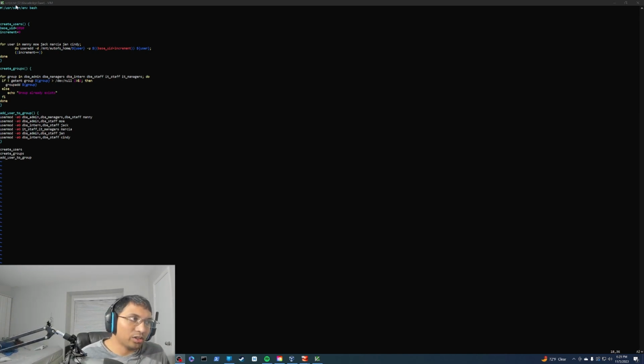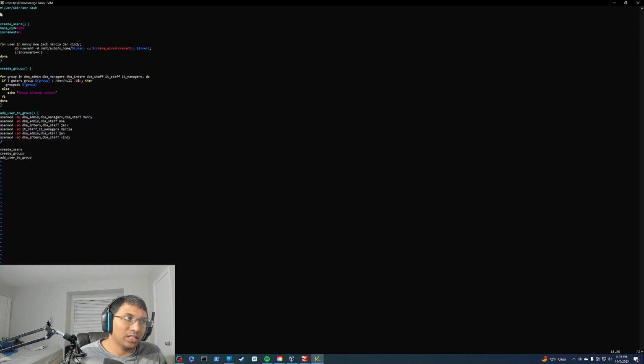Now, I first want to start off with this first line. It's a little bit of a sticking point, but it actually is kind of important. This first line is referred to as the shebang, usually indicated by these characters here, the hashtag and then the exclamation point. Then afterwards, we indicate the location of the shell program that we wish to use. More beginner friendly advice would be to use /bin/bash, but